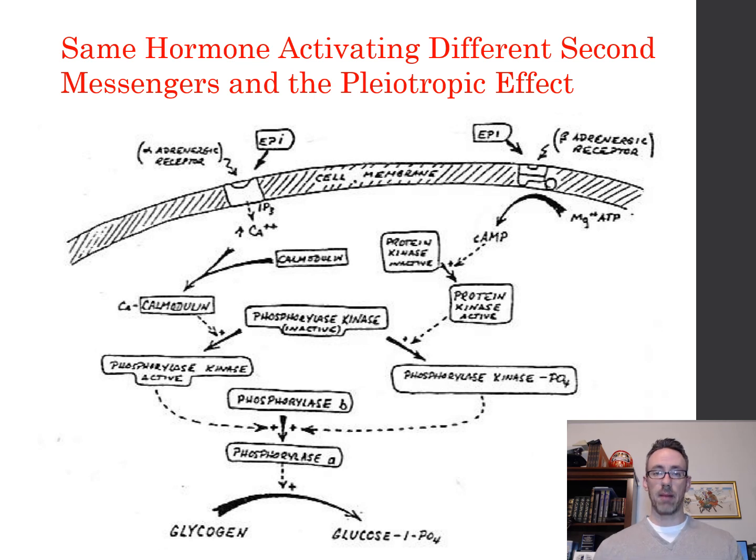But again, epinephrine has multiple effects on different tissues. In this case, it could interact with an alpha and a beta receptor. The alpha receptor is connected to an IP3 messenger system, and the beta is connected to cyclic AMP. You can even have them funneling into a very similar effect, which in this case is to break down glycogen into glucose 1-phosphate. So this might be an interaction that you'd see with epinephrine on, say, a liver cell,